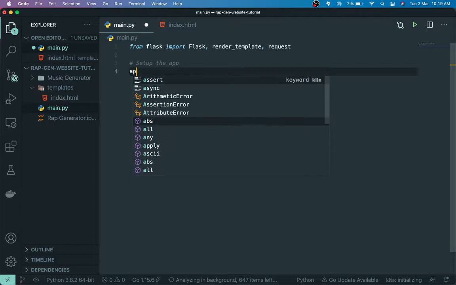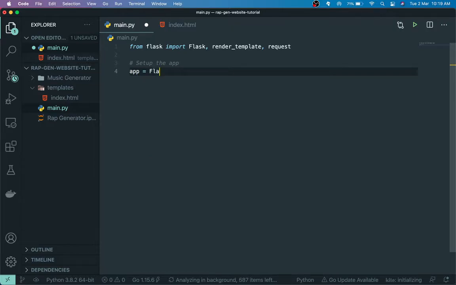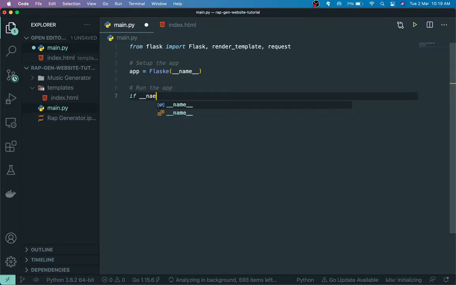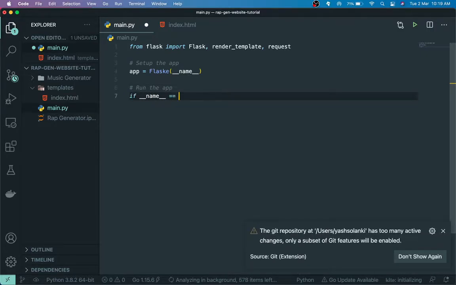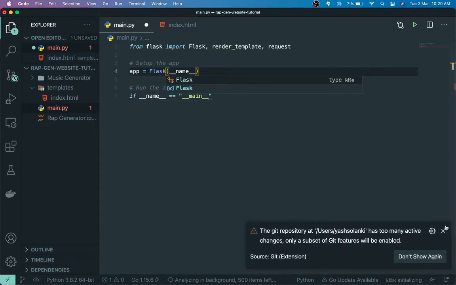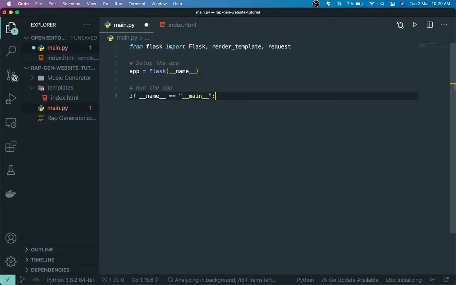We just type out app = Flask(__name__) and run the app. So if __name__ == "__main__", and I obviously need to spell Flask correctly. I can just go app.run and debug equals to